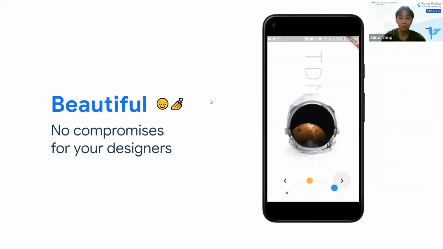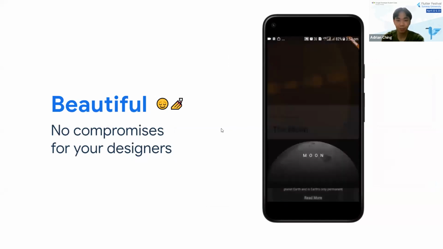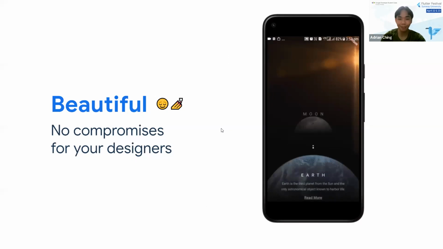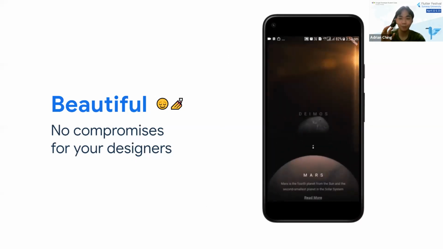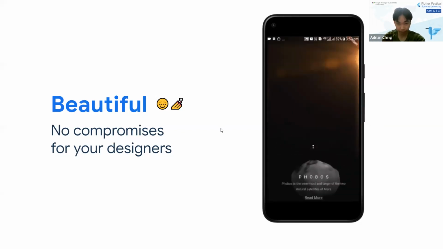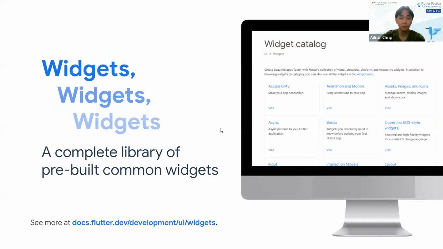And Flutter apps can also be very beautiful, as evident on the right over here. But I must say that, of course, this depends on the design of the app and how complicated you want it to be. But this is just to show you that it's definitely possible with Flutter. And as I've mentioned earlier, Flutter provides many out-of-the-box widgets which you can immediately start using. And they provide this widget catalog over here to browse through all of the different widgets and apply them in your app.